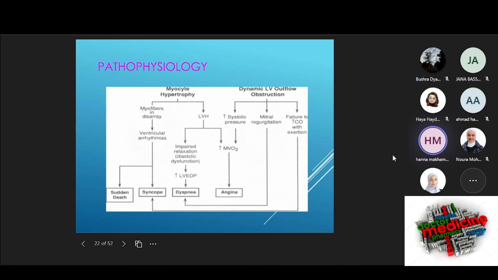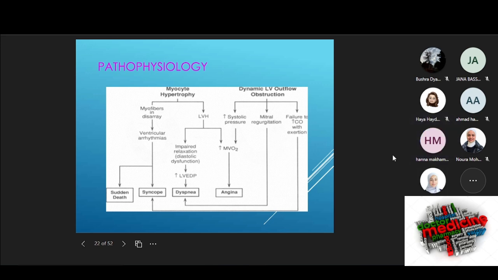شو بيصير معهم هدول المرضى؟ نتيجة للhypertrophy they are at risk of ventricular arrhythmias, so sudden death and syncope. Left ventricular hypertrophy حكينا is associated with high end diastolic pressure, يعني diastolic heart failure. فالمريض بيصير معه dyspnea. Due to the increased thickness, the requirements are more, so oxygen consumption is increased, so that leads to angina. عدا عن ذلك, when we go to dynamic LV outflow obstruction, which happens in a large proportion